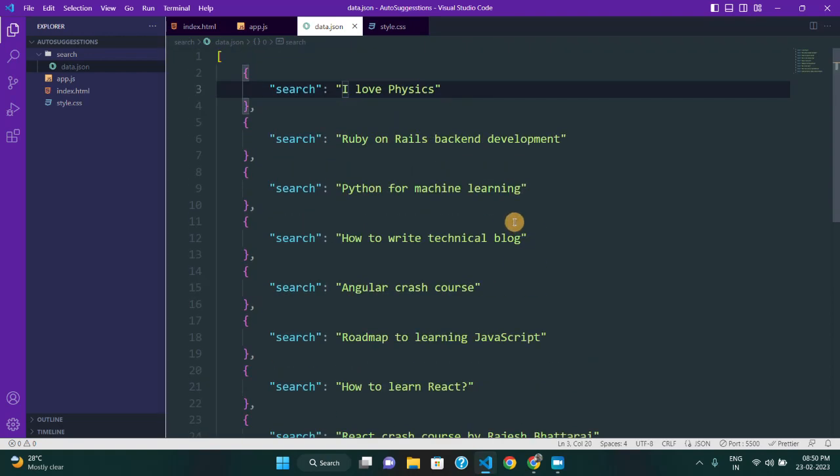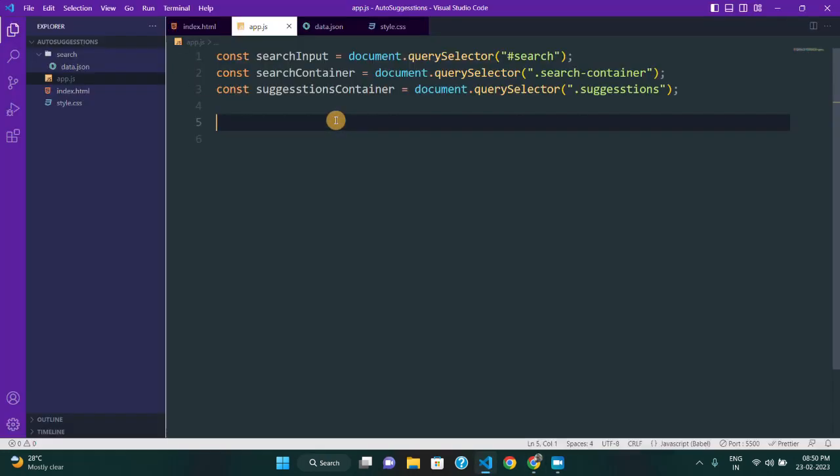So these are the hard-coded values that I have created. You can mimic this as some kind of a database. So I'm going to bring it out here, and whatever the user typed out here, we are going to check. We are going to get that letter, whatever the user is typing. Right now, let's say the user is typing A, so we are going to grab that A from this input element,